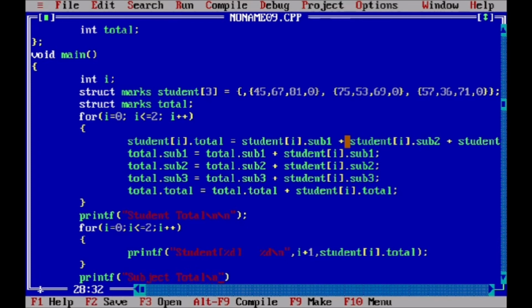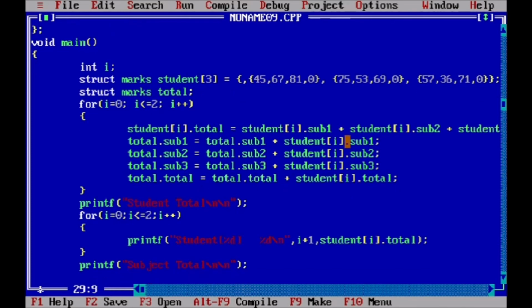And we are now printing the subjects' marks totals. So subject 1 total, then marks of subject 2 total, and the marks of subject 3 total.